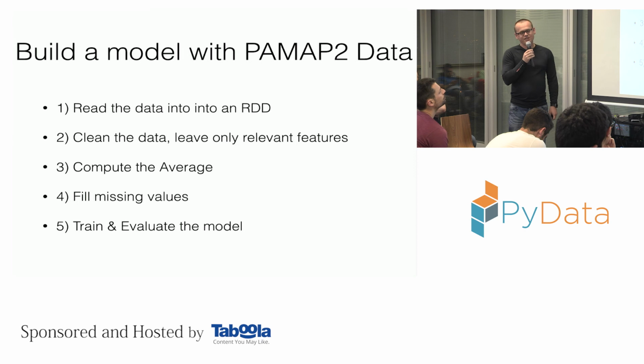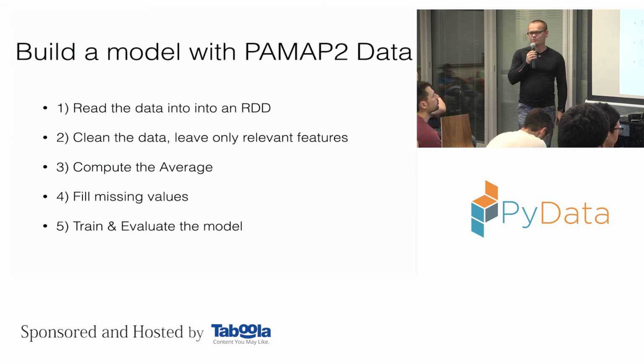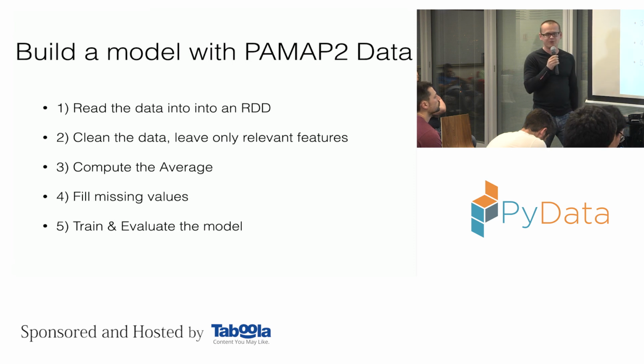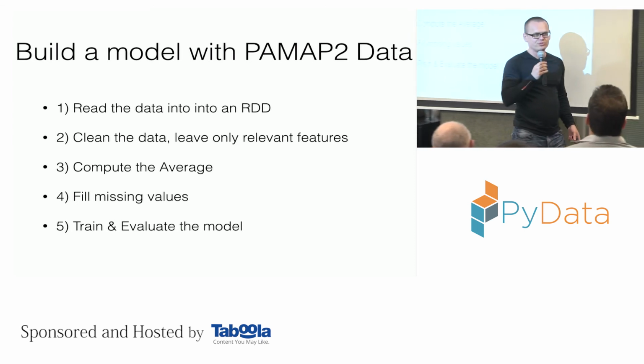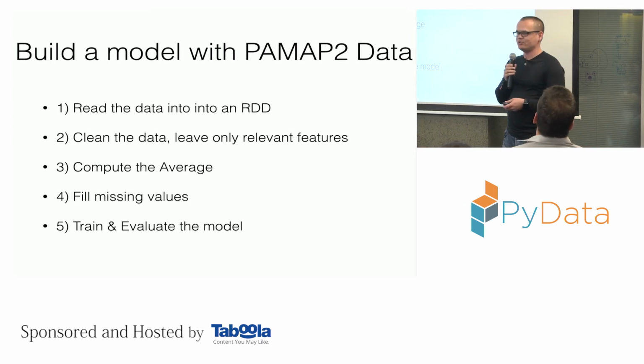We'll leave only the relevant features that are valid. We'll compute the average of those features as our strategy for the missing values. You can also, for example, choose to fill with the most